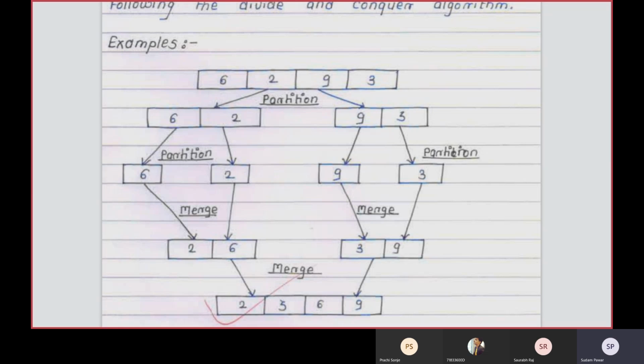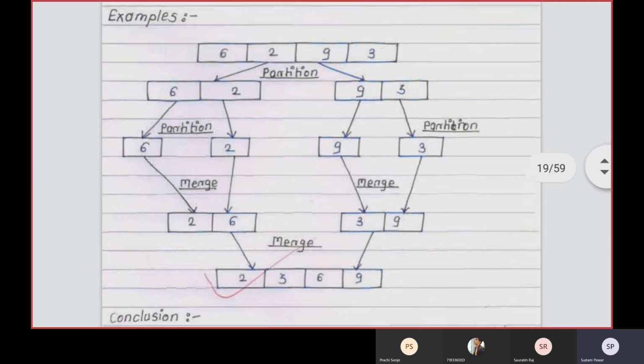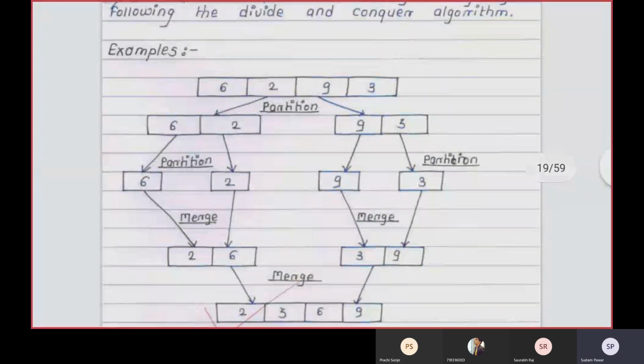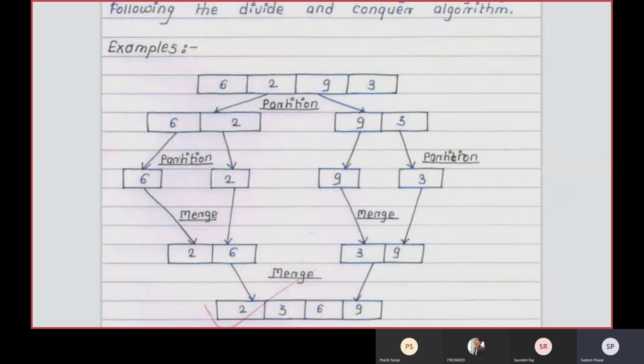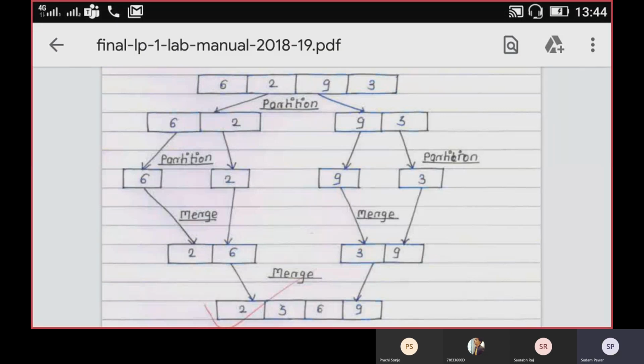So you have to use the appropriate parallel construct for parallel execution, so that it will execute your program in a faster way compared to its sequential version. This is about the parallel merge sort algorithm, how it actually works. So you have to design its parallel version in the form of a program. So we'll see